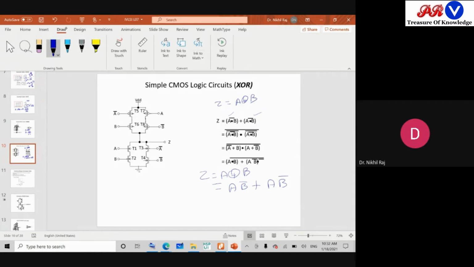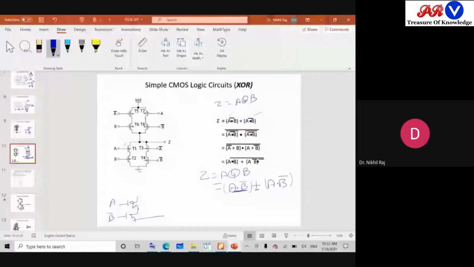So what we see here is that there is a dot and one OR. So first we will simplify the inner logic. Inner logic means first you simplify the inner logic, then we go for the broader part. So first is A dot B bar. This means a series connection of input A and second input B bar. So first you take A. Achha, they have realized it this way. Okay, so I will show you an alternate realization here. First you take A, second is B bar. So I have taken B bar here.